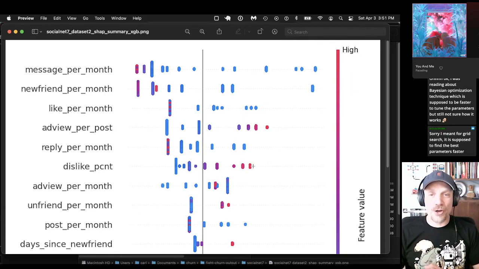That is one of the great things about this method of explaining XGBoost in comparison to the earlier methods, just the importance plots that most people use, because it gives you the sign, the direction, and the magnitude of the influence.